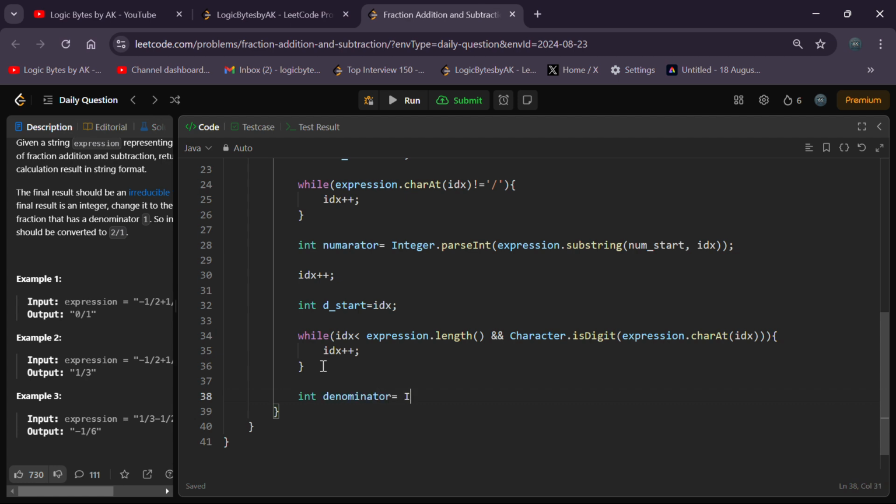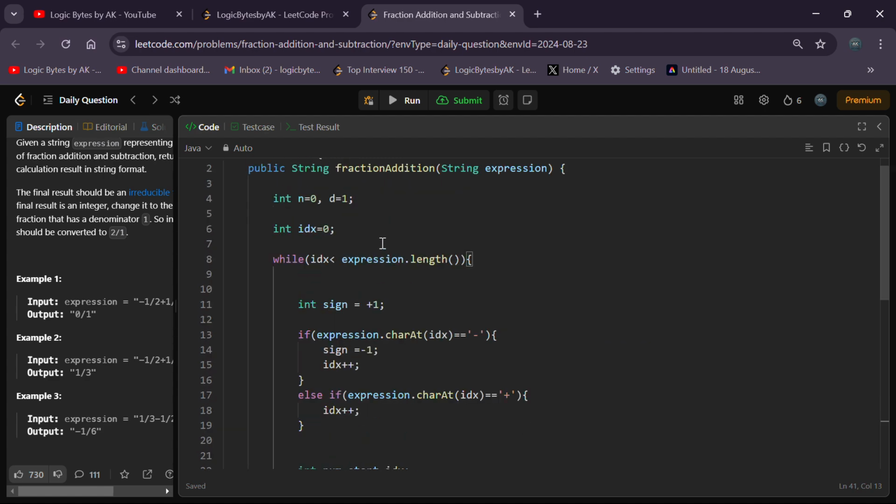So we get a denominator equal to Integer dot parseInt of expression dot substring of our denominator starting point, d start, and the ending point would be idx. So this condition fails when it does not get a digit, which means the denominator ends, so we get the denominator value. And so we have our numerator and denominator, and we have our previous numerator n and d, and